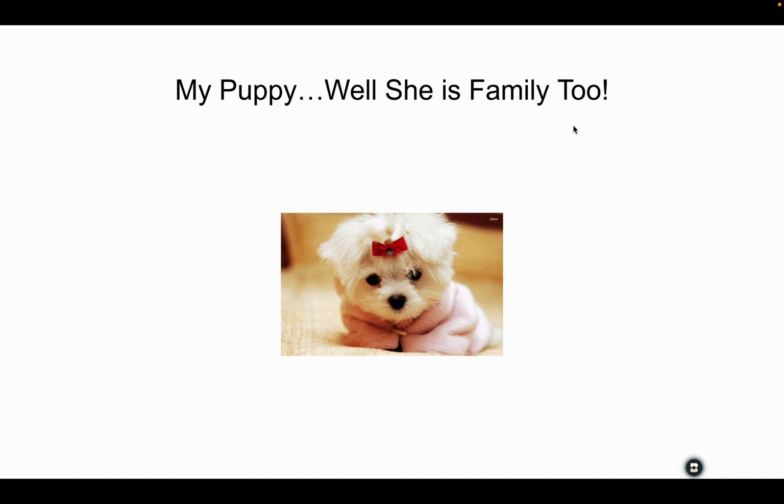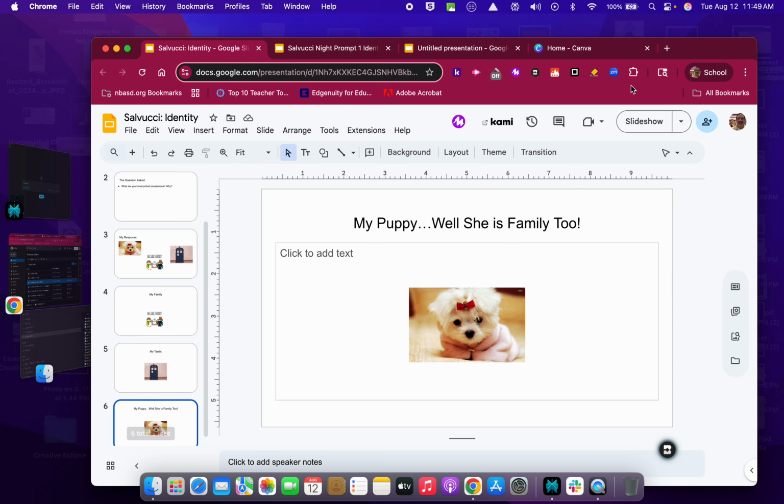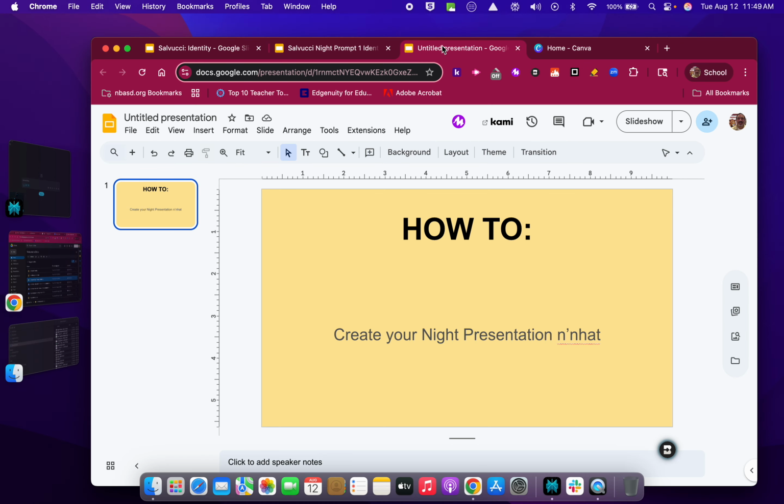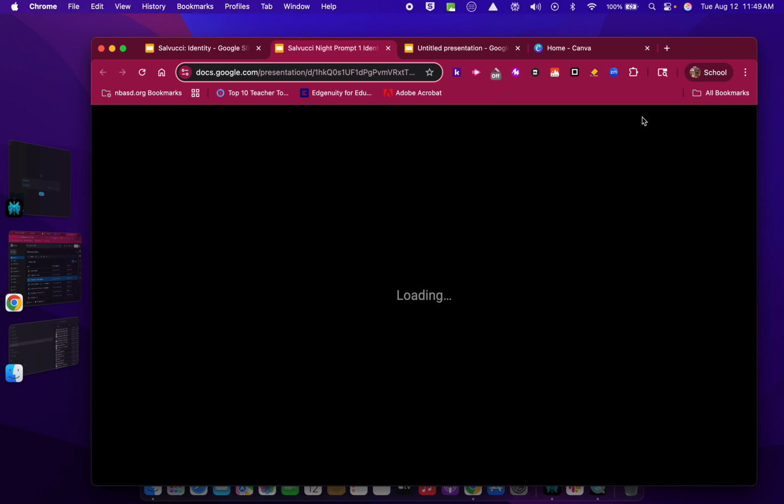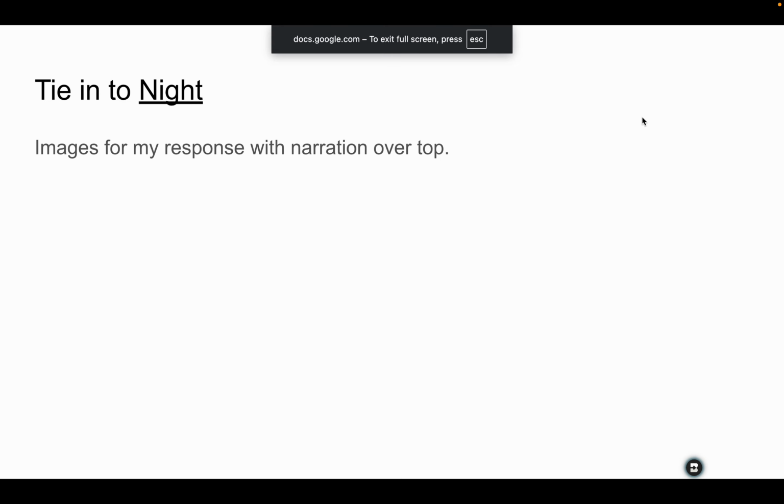Then from here, I would have the tie-in. We go back to Escape. With this one, the tie-in tonight. You have to, at this point, explain why you chose what you did and show that you read the book by explaining how everything ties into how